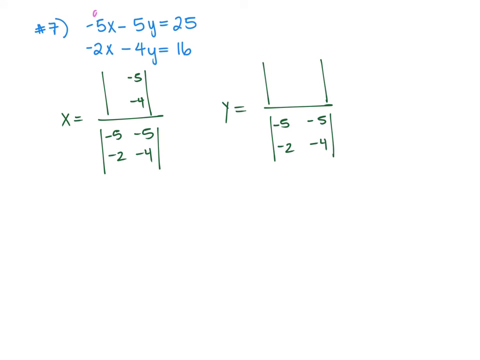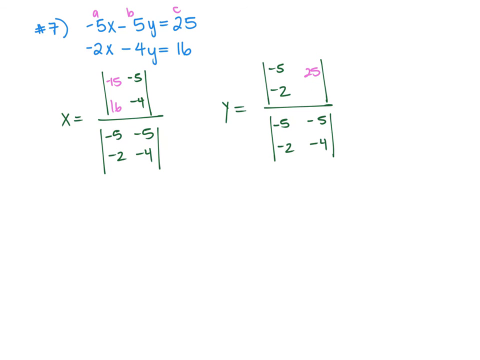So remember, this is your a, b, and c. And then this side here is your c value. So that's going to be negative 5 and 16. On this side here, the a's will line up for y's. So this is going to be negative 5 and negative 2. And then c goes right here, which is going to be